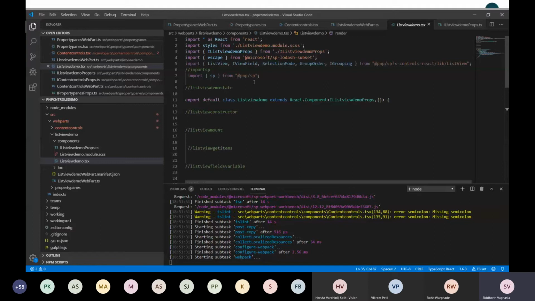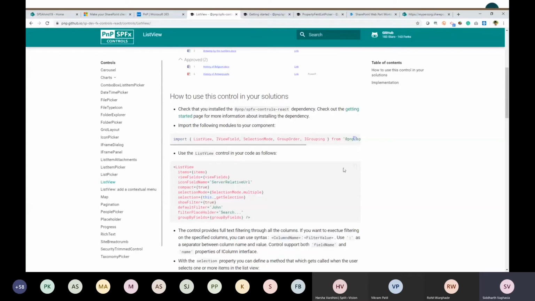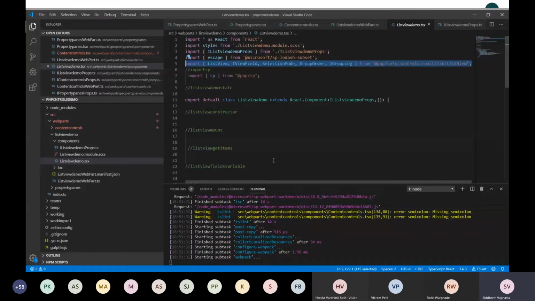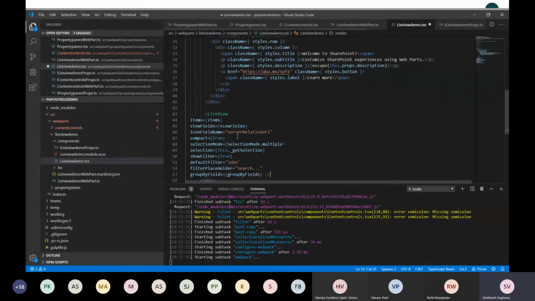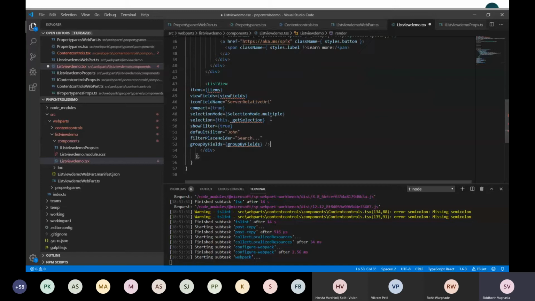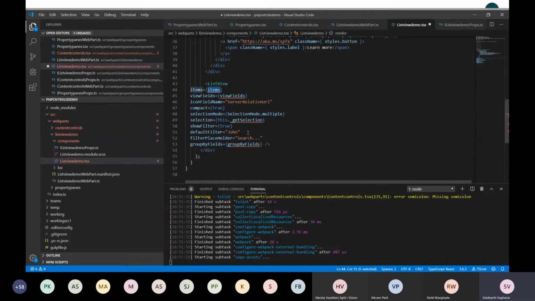So I'll first import it. I already have the import statement, right? Then I have to just add the control to my render method. So let me put it here somewhere. Okay, and then we need to give the property values which we want to use, right? So let's build this one by one.